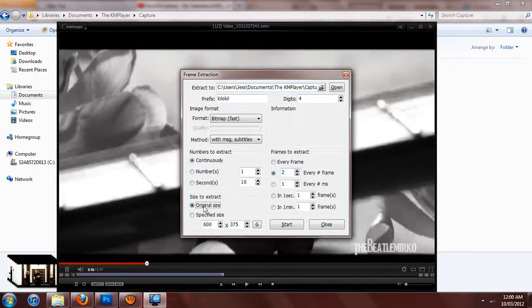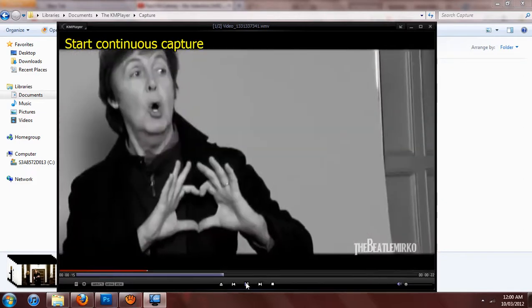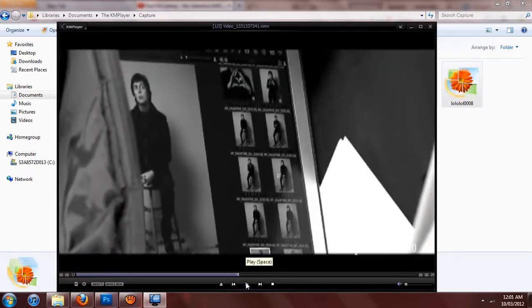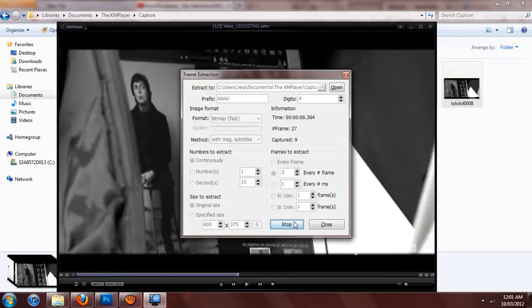I like to keep it at the original size so that I can crop things out, but most people go with a specific size, 500, because that's the Tumblr size. I like to keep it at original size so I can add quality to it in Photoshop. About every 3 frames will do. You'll learn the certain amounts the more you do it. Just click start and click play. Then pause it, click Control G again, click stop,